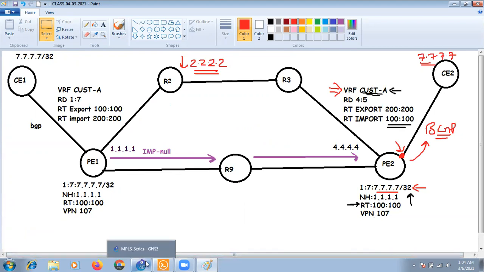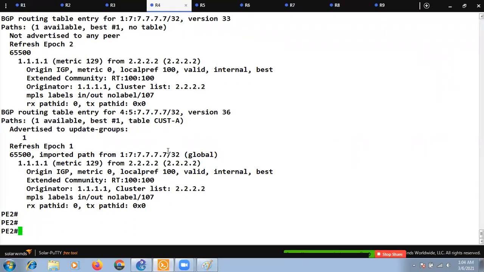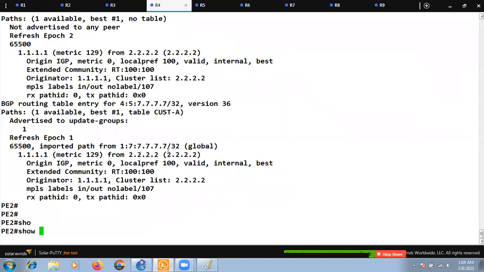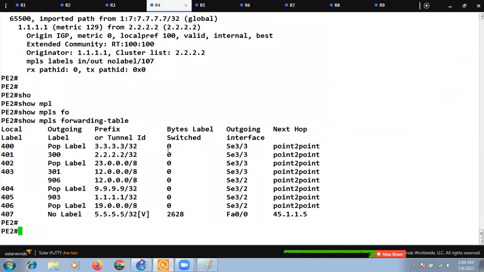So what will be the next hop? It is going to find out in the forwarding table, or MPLS forwarding table, or LFIB, right? So to reach 1.1.1.1, what is the next hop value? Its local label is 4045, and you can see here the outgoing label will be 903.